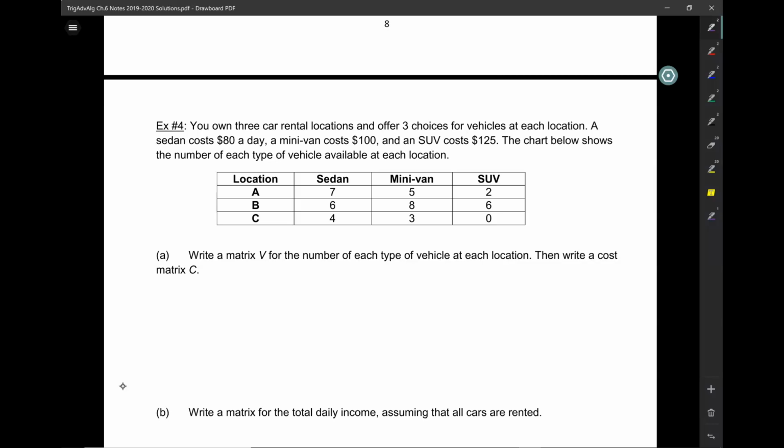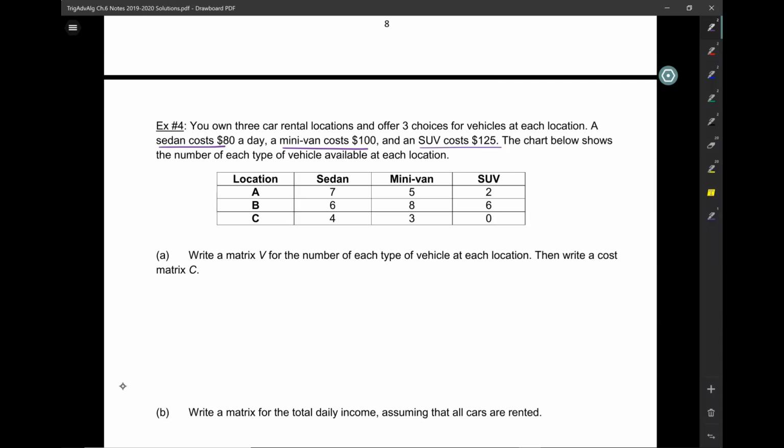A sedan costs $80 a day, a minivan $100 a day, an SUV $125 a day. Okay, so you have the price for a sedan, a minivan, and an SUV. The chart below shows the number of each type of vehicle